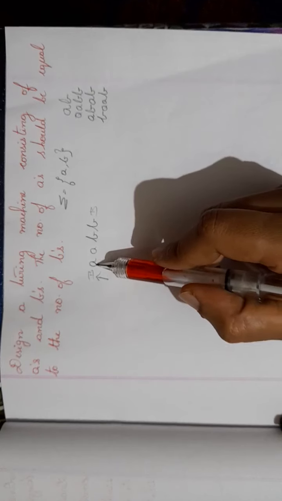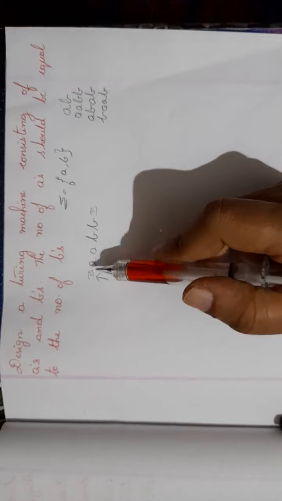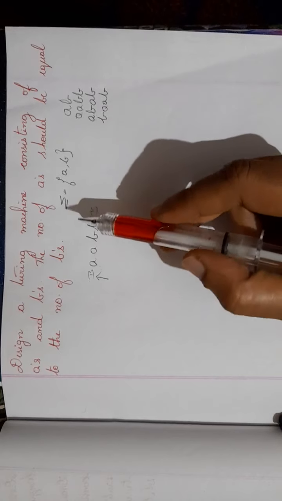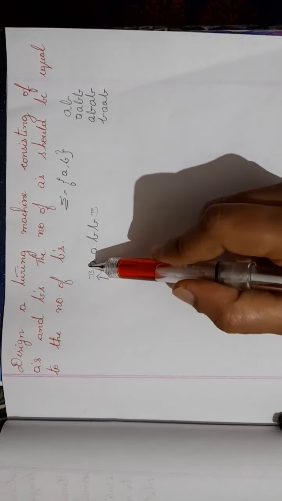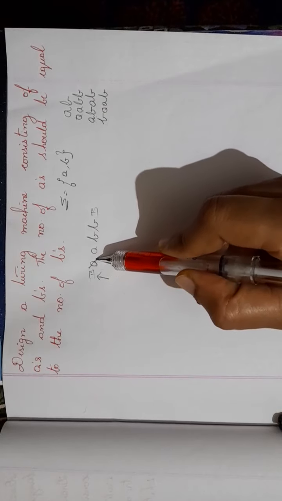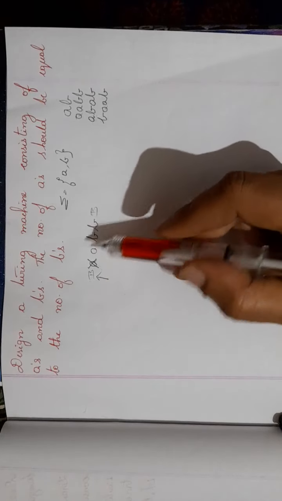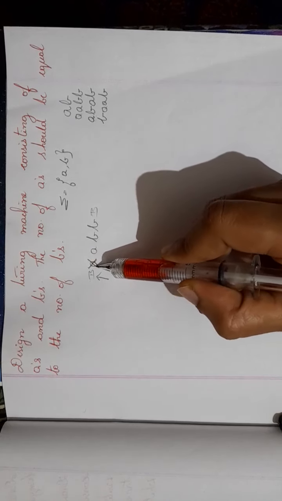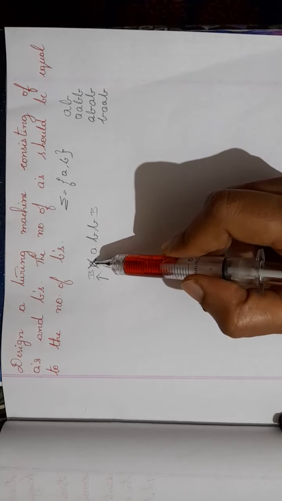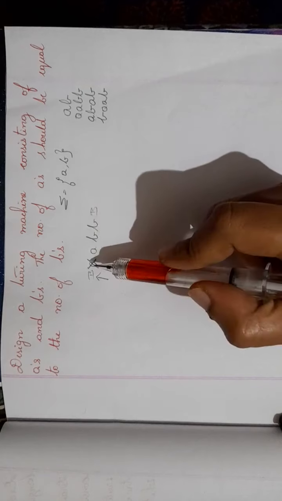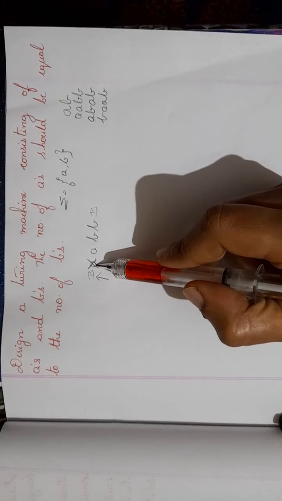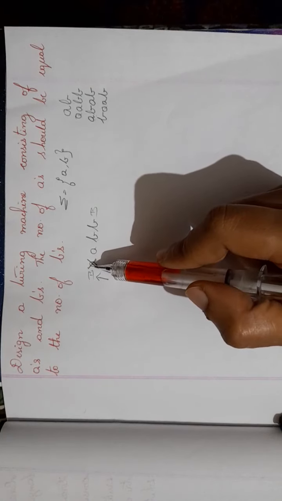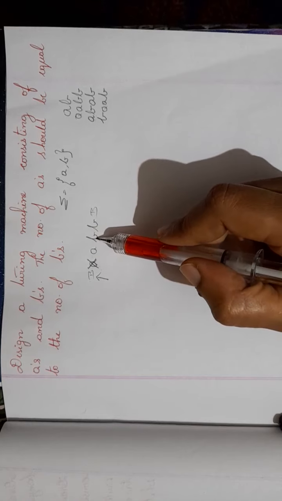So whatever character I find in the beginning, it can be either A or it can be B, because you can have it in any order. So whatever you read first, I will make it X. In this example, I read A. So what did I do with this A? I changed it to X. So the number of A's should be equal to the number of B's. So for every A I change to X, I should change one B to Y. When I change one A to X, I will change one B to Y.